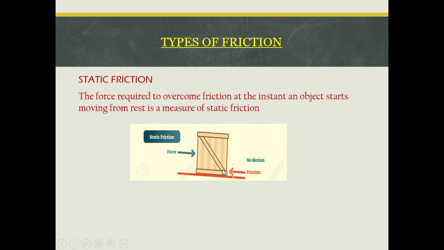So if you can see the lower part of this box, this whole surface of the lower part of the box is coming in contact with this particular floor here. So interlocking is more. So static friction is really more. So if this box has to be lifted or moved without wheels, it is very heavy, it is difficult.